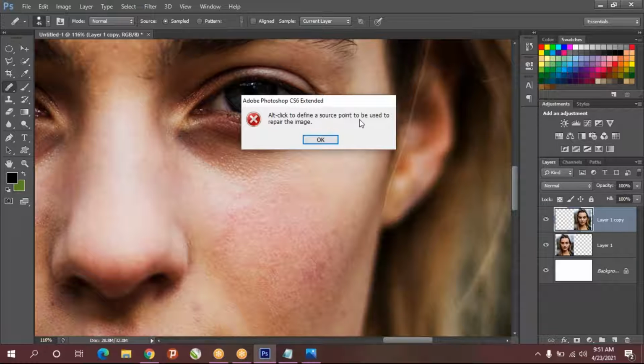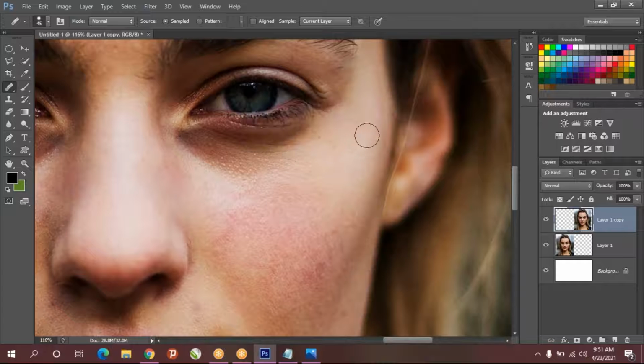That means, for example, this is my source point. Like this I want it here, means click on this. Once you hold the alt key, the symbol will change, and click on that. So alt click on this, then go to the destination, that means where you want to replace. Like this I want it here. So I clicked on this part, alt click. By holding alt, then mouse left click, then leave it, then go here and do it.